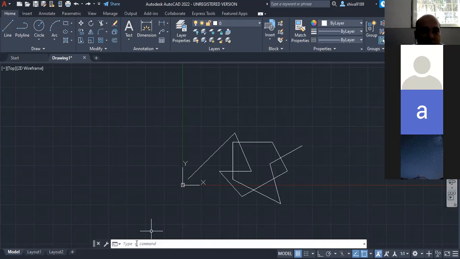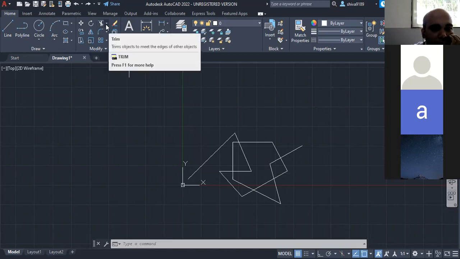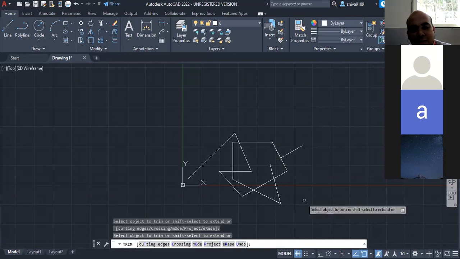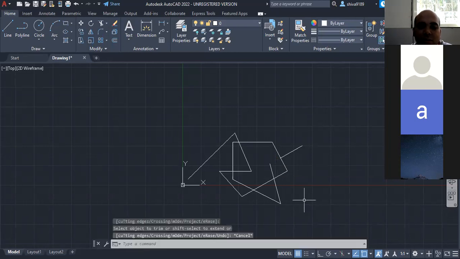What I'll do is go with trim. तो मैं अभी आपको shortcut दिखाता हूँ rather than writing in a command. So simply click on this scissor. Clear? Now after that you can click on the portion which you want to delete. Is it clear? And press escape. You are out of the command.